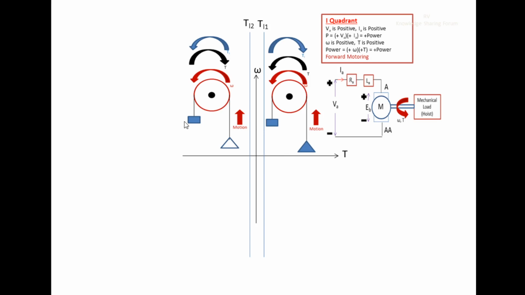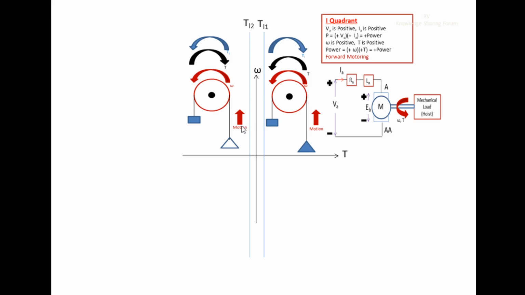since the weight of this counterweight is greater than the weight of this empty cage, it can easily pull it up naturally, because the weight at this side is high and the weight at this side is low. So this counterweight tries to pull this empty cage in the counterclockwise direction. Therefore, the motion of this empty cage is in the counterclockwise direction. If the motion is counterclockwise, then the speed direction will also be counterclockwise.